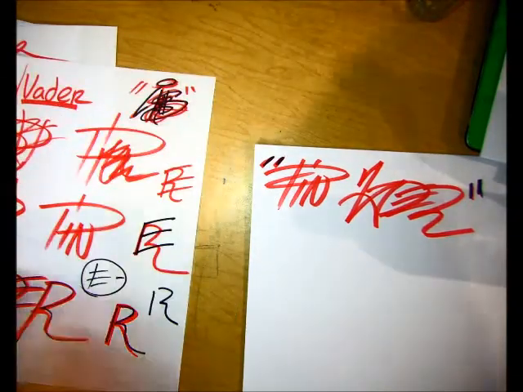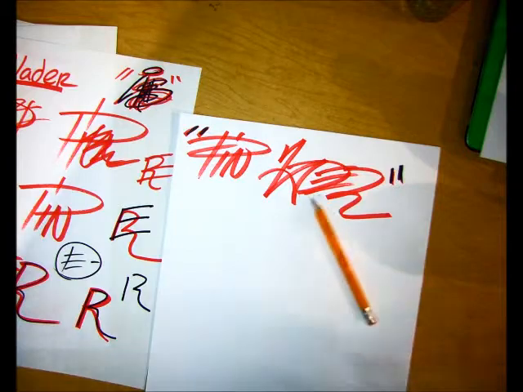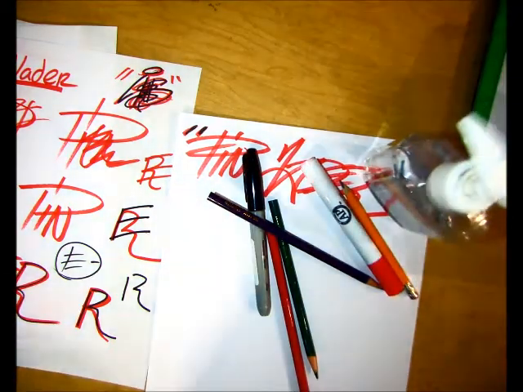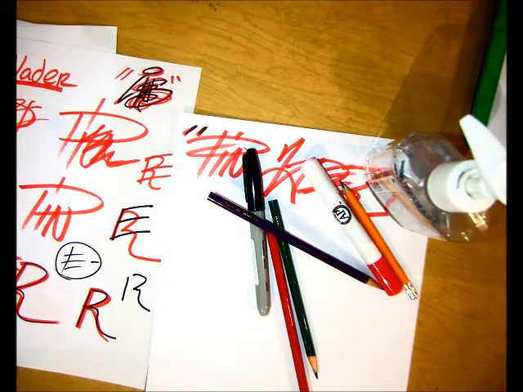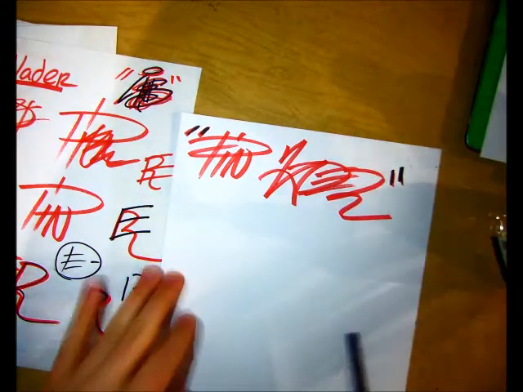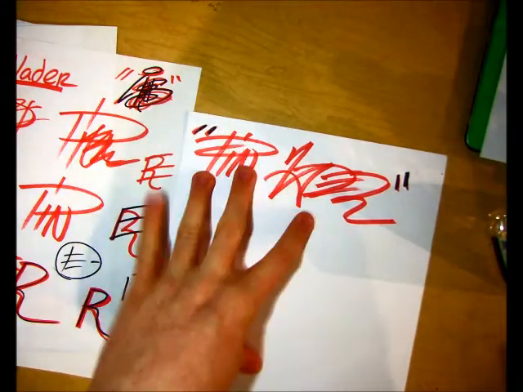Now, as you're practicing today, you can use pencil, marker, Sharpie, colored pencil, you can use hand sanitizer. I don't care what you use to write this stuff out with. But get it so that you can write it comfortably and quickly, because tomorrow, very first thing, we're going to go outside and get some spray paint, and we're going to be spray painting these onto